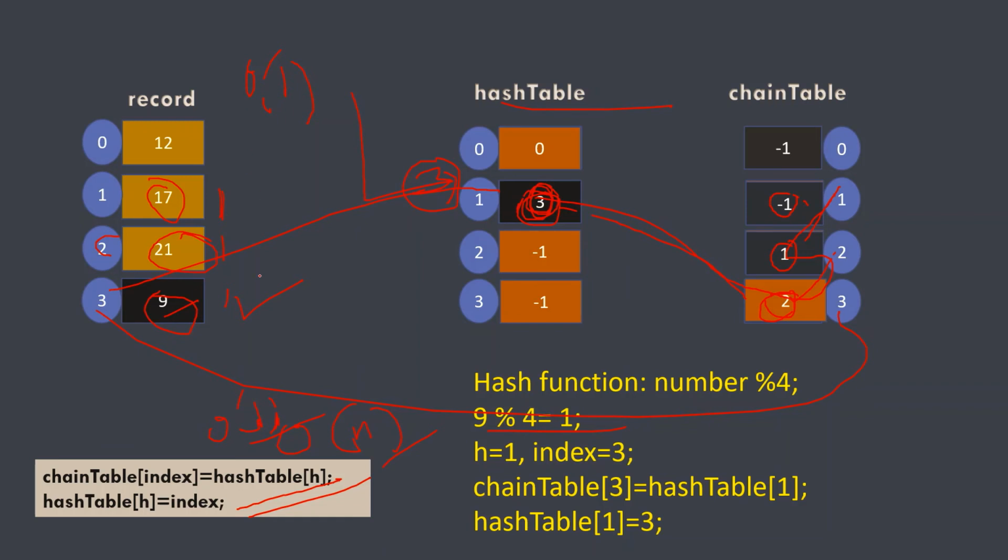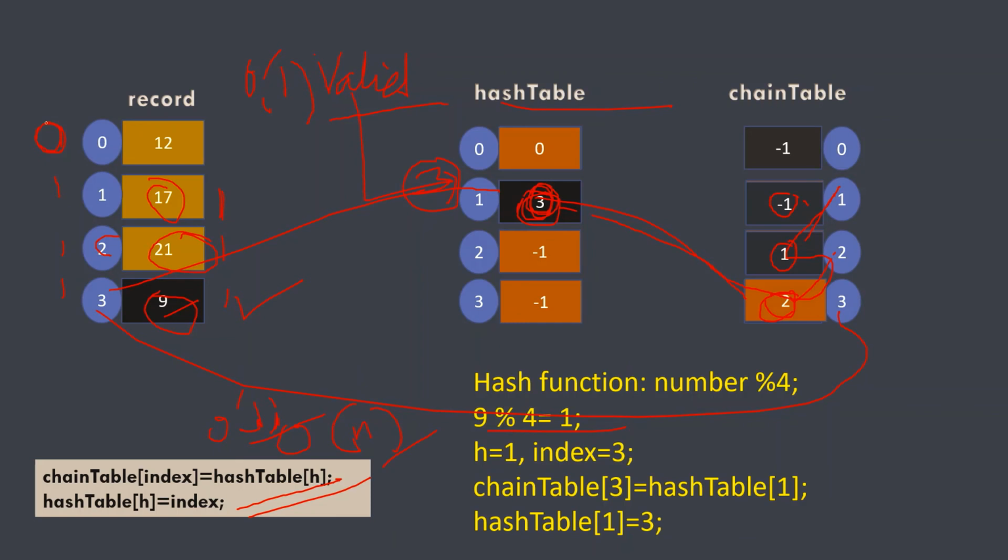If you want to go for deletion, how will we implement it? What we can do is just create one more table, a valid table. In that table, initially just keep 1 1 1 1. 1 indicates that this record is valid. When you delete something, search for it and just update it to 0. When you update it with 0, it means this record is not valid. That's simple.